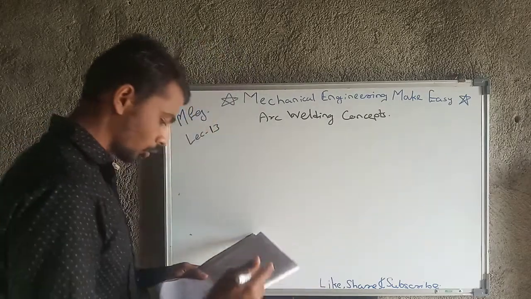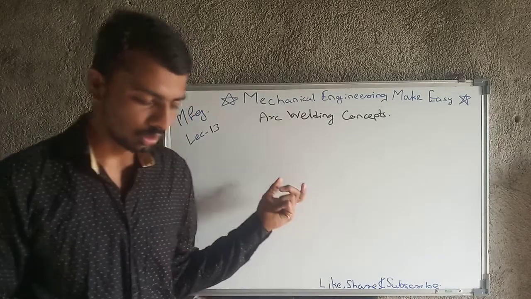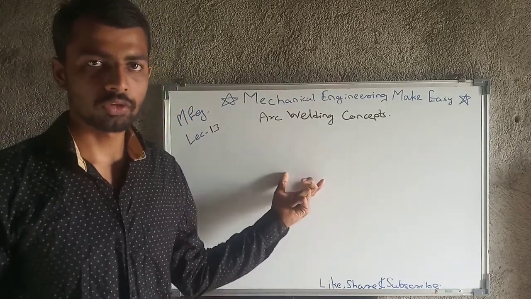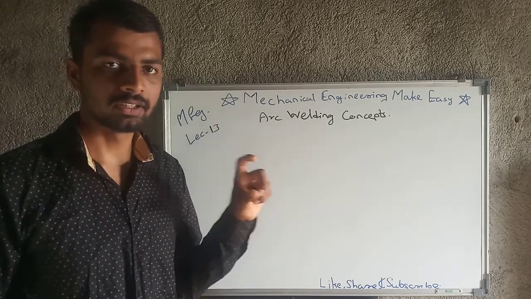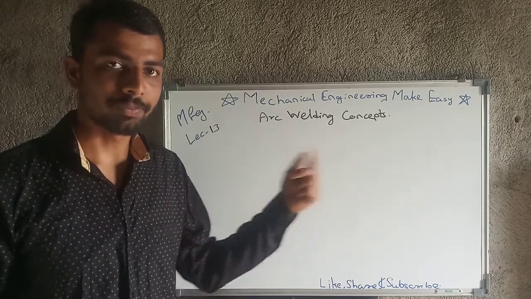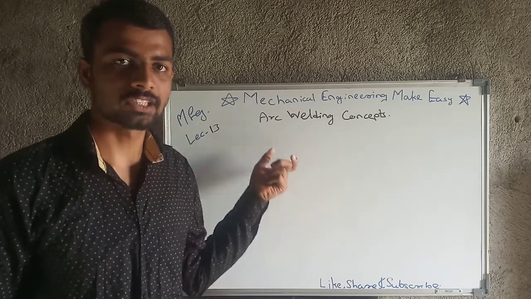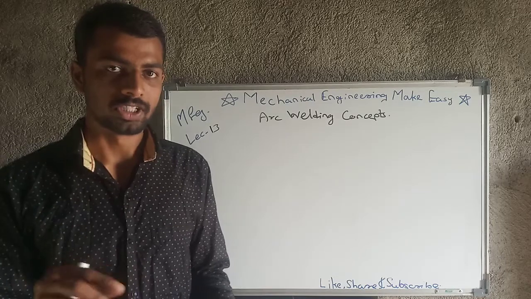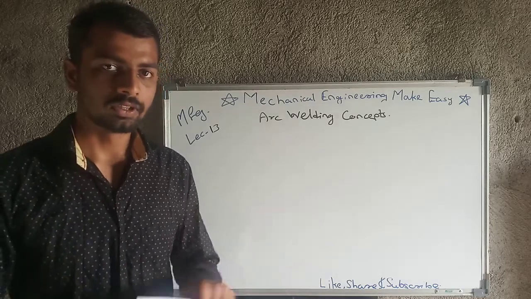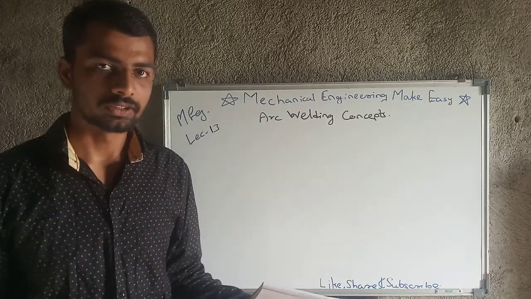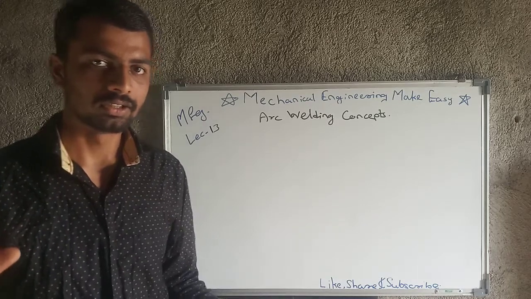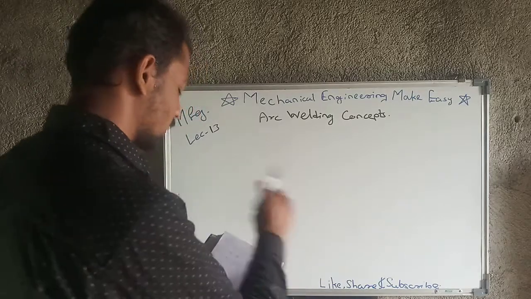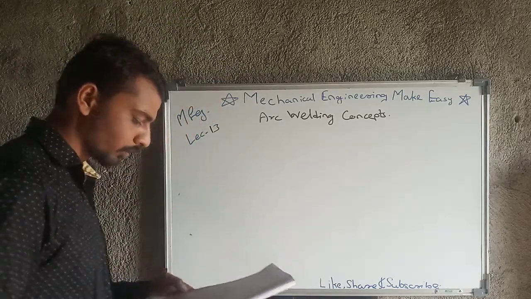And that total volume, what I have shown you, the number of electrodes required is total volume upon volume per electrode. That total volume will include the volume of weld bead plus crowning plus spatter. Spatter is one kind of loss in arc welding. What is spatter? Some spherical droplets etc. will be thrown outside the welding, and that is metal, so that metal is lost there. So we have to consider that while calculating the number of electrodes required.